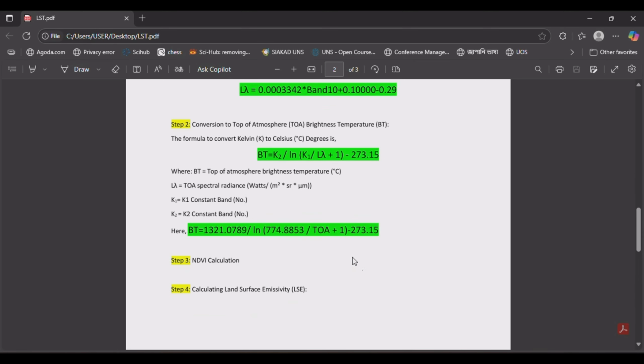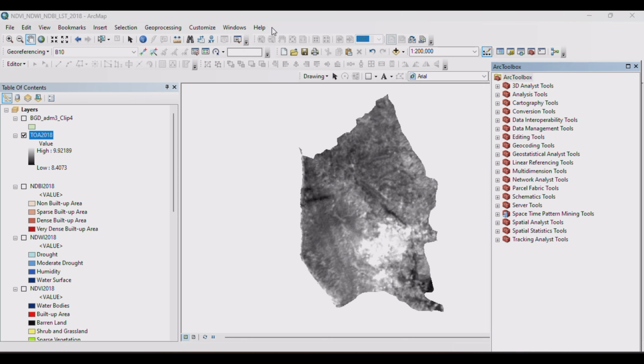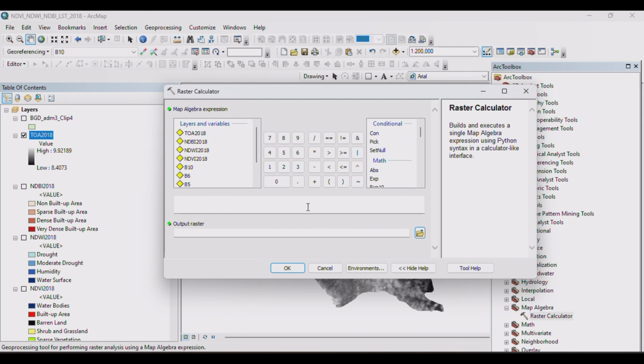The next step includes conversion to top of atmosphere brightness temperature. So we will convert the TOA, or top of atmosphere, to brightness temperature, or BT. This is the main equation, and later the equation will turn out to be this. If you want to find raster calculator manually, you can go to the Arc toolbox first and then come to the Spatial Analyst tool, and then finally map algebra, and there it is, raster calculator. So let's input that,